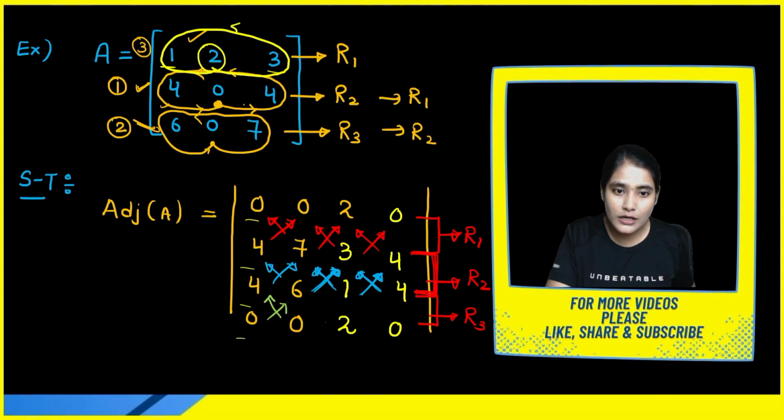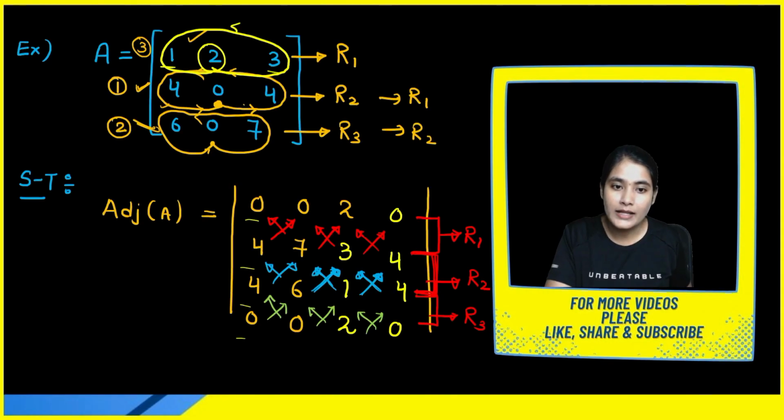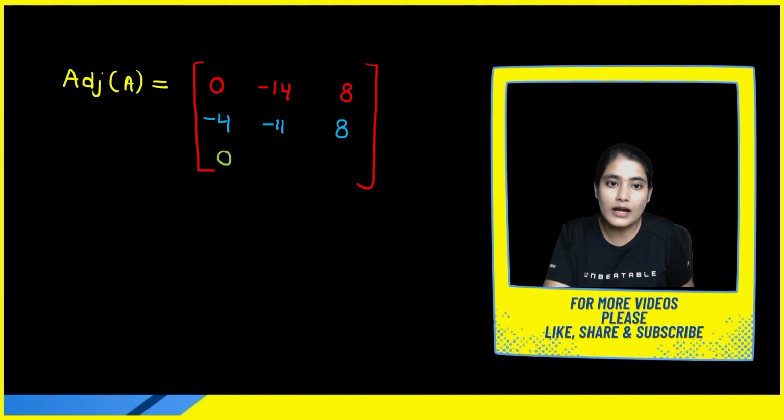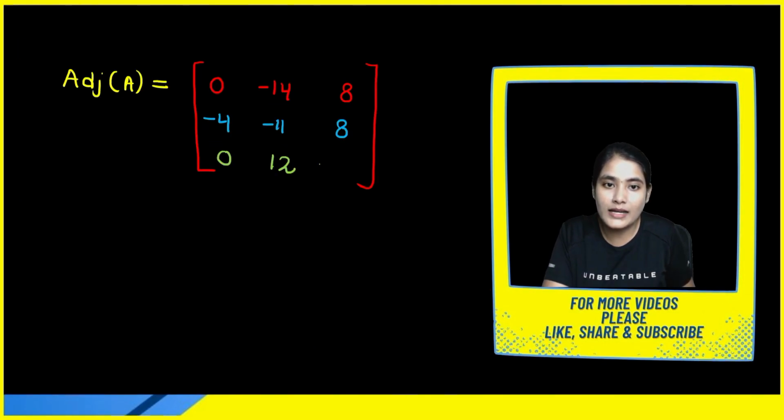Now let's go for last two rows. Again you have to do the cross multiplication. So 4 into 0, 0, 6 into 0, 0. So again you will get 0. Now 6 2s are 12 minus 0 1s are 0. So again you will get only 12. Okay. Now 1 into 0, 0, 2 into 4 will become 8. So what you will get? 0 minus 8. So minus 8 you will get.